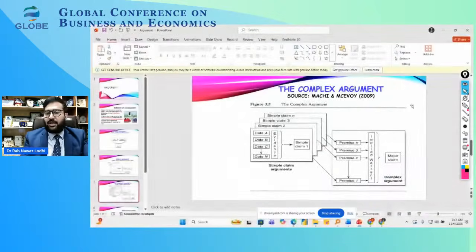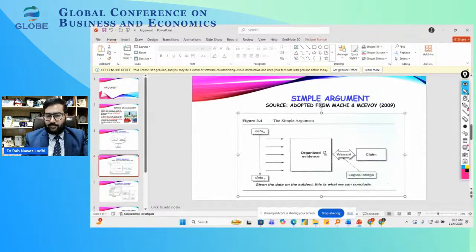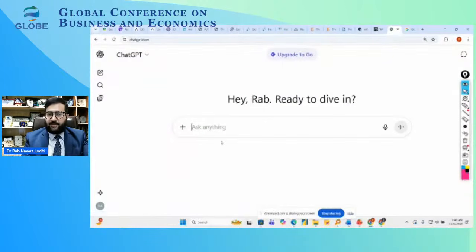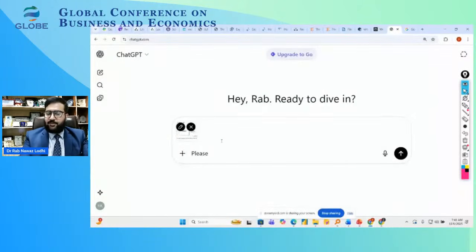So now, after discussing this simple and complex argument, I'm just going to give this example. Just copy this particular diagram and I'm going to paste it in ChatGPT. Okay, I need to open a new chat. I'm going to paste it. And now I'm going to ask, please